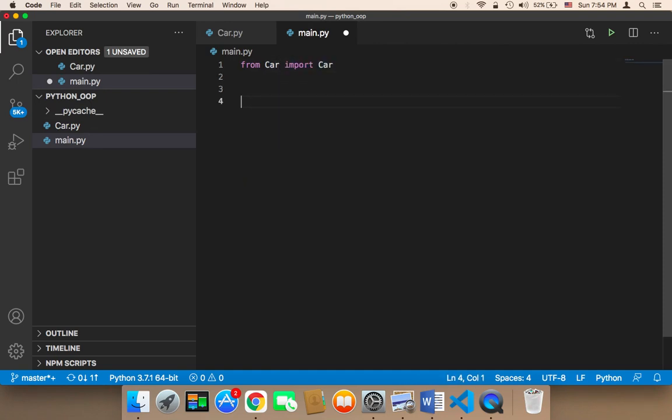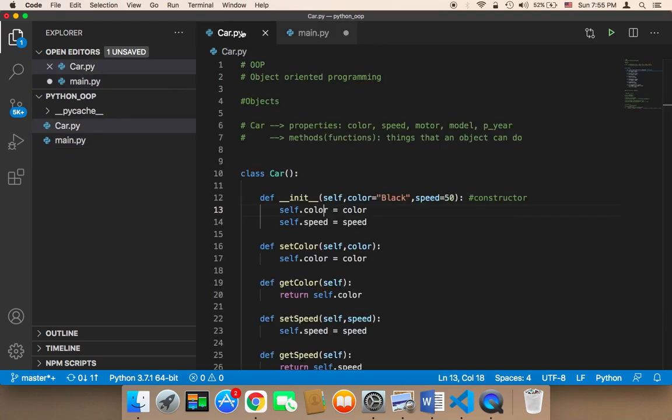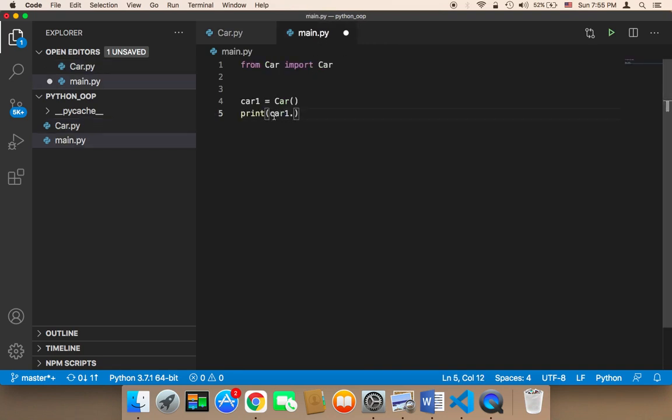Now if I create a new object, if I say here car1 equals to this, and then let me here say print. I'm gonna print the car1 dot, and it takes, by the way, 2 parameters by default, but if you don't pass anything, nothing is gonna happen. So if you say here car1 dot color,